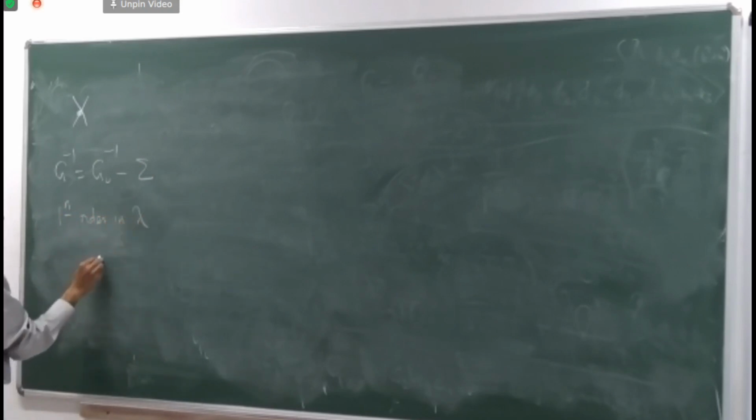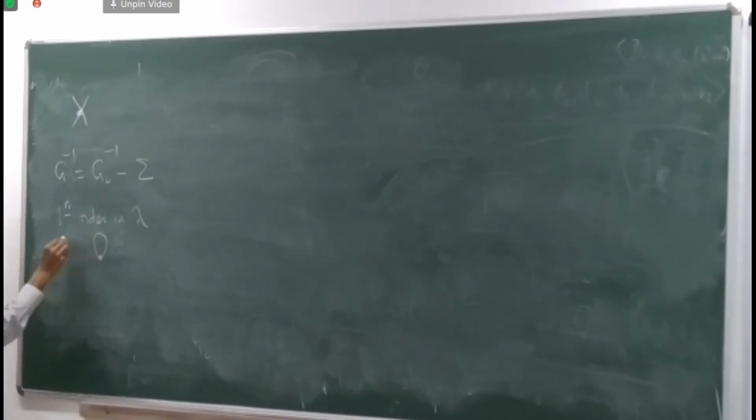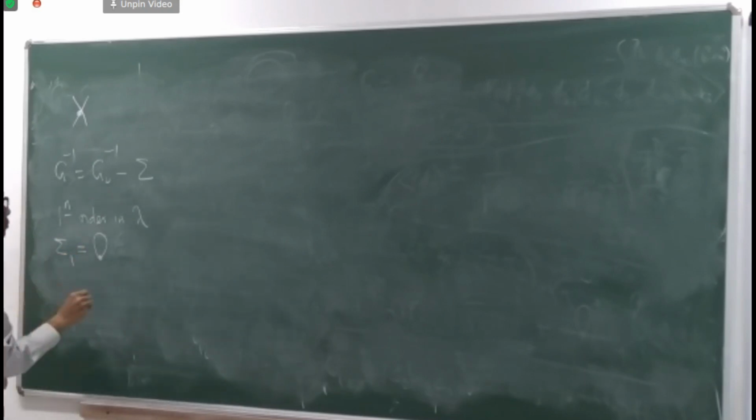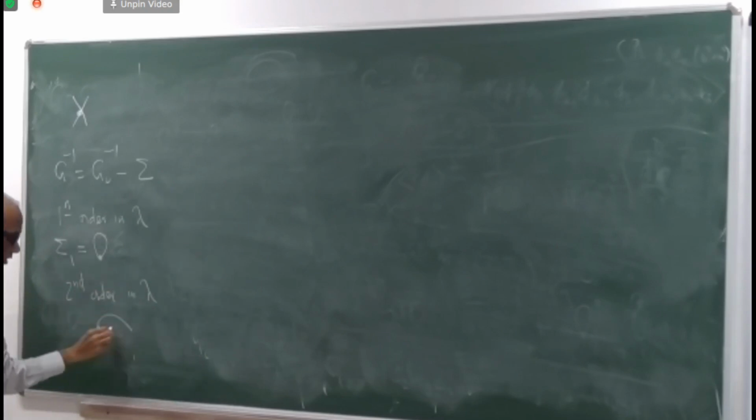If I cut out the external legs, then the sigma is simply sigma 1, this. And if I go to second order in lambda, after I have cut out the external legs, there is just the Shatai diagram, which